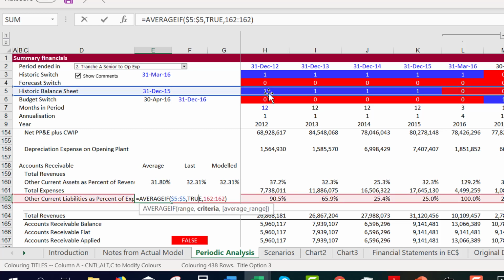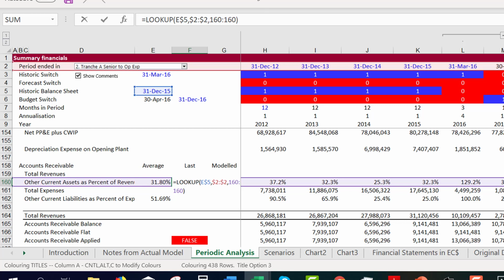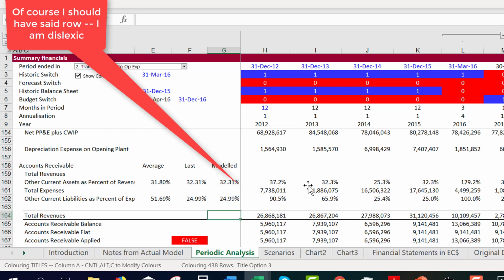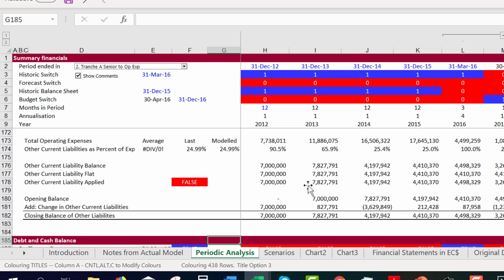Okay, well, that's all right. So we get the average for the forecast, the last period, which you use a lookup. You're looking up in this column for this date, and then you're looking in the same column that's not causing a circular reference. And then you can pick one to get your forecast for the actual and budgeted revenues.